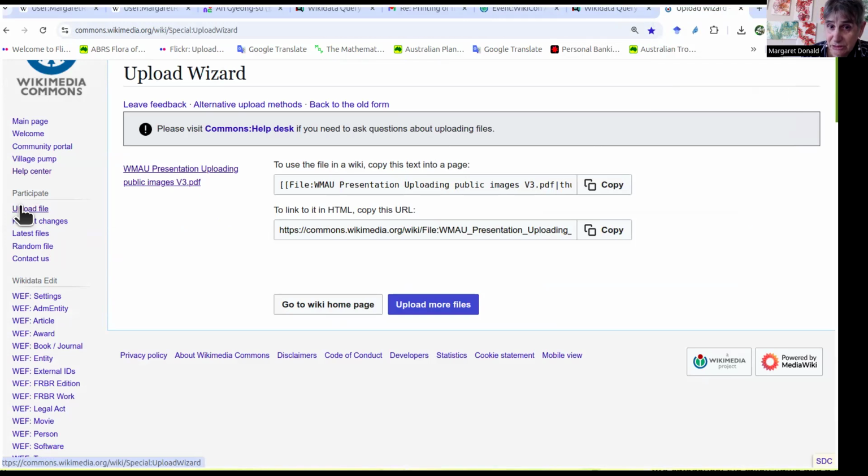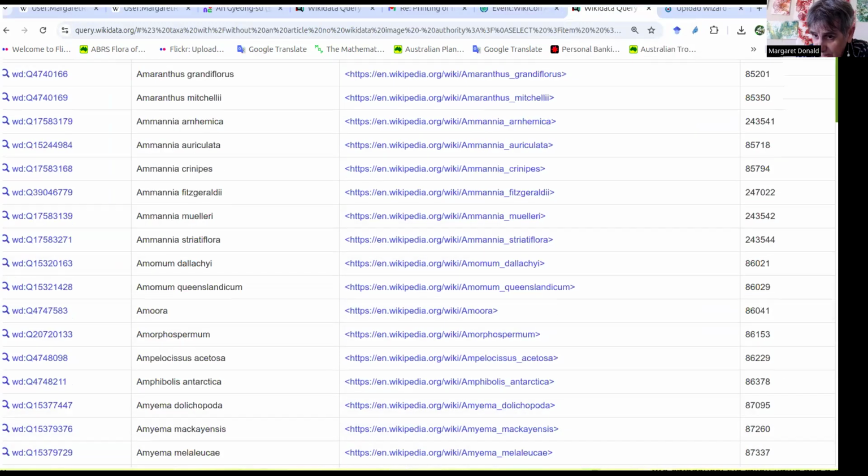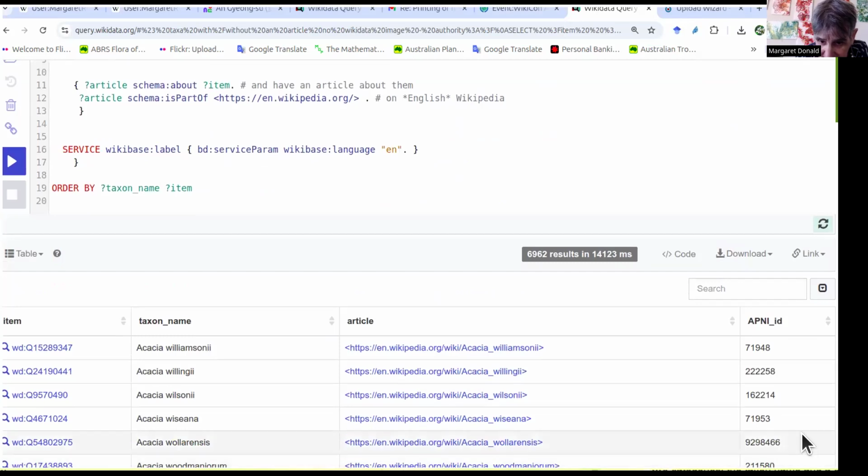So we're leaving those 3 tabs open, and we're going to go to this query. The query, when it gets executed, looks something like this. I'll execute it again because, there we go, Acacia Williamsonii, and there's a lot of acacias there,